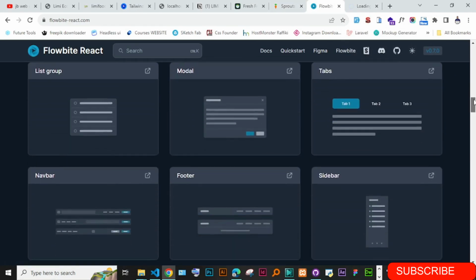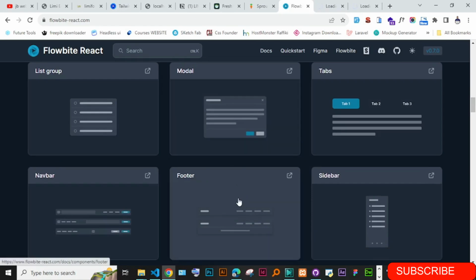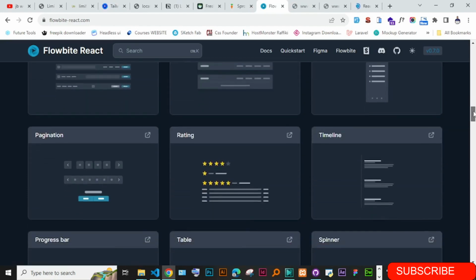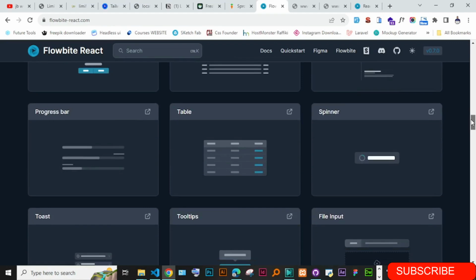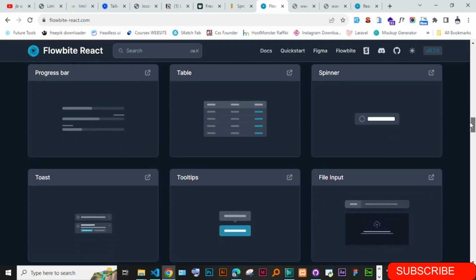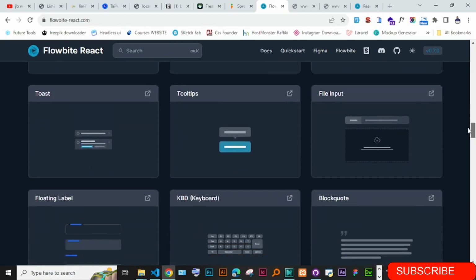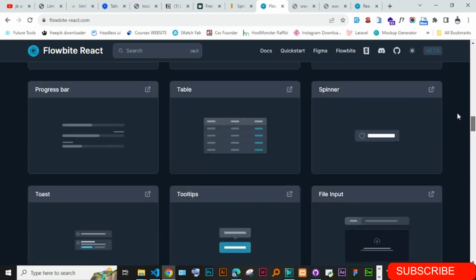Then they have list groups. They have even these navbars. If you wanted, you could just get from their navbars. I think we will also get a footer from them. Then they have a table. We have all these things here. They have those tooltips. So right now what we actually need is